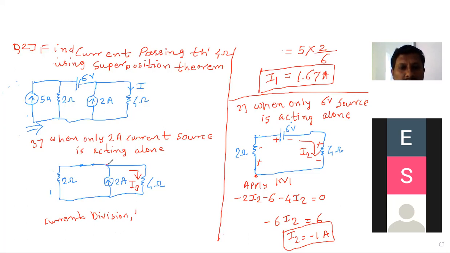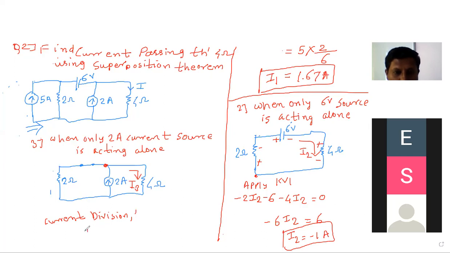In nodal, you can take V3 here and apply the outgoing current. This is incoming, this is outgoing. You can find V3, and V3 divided by 4 gives you I3. So that is by using nodal. But if current division is easy, then you can easily find the answer within one step. In nodal, we use two steps: first you get V3 and then you get I3. But in current division, we can get it directly.